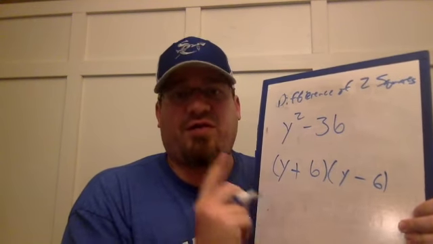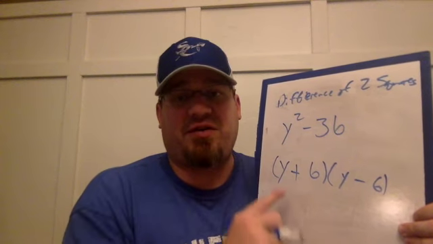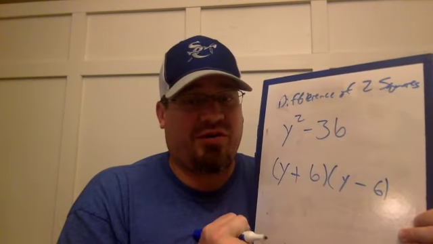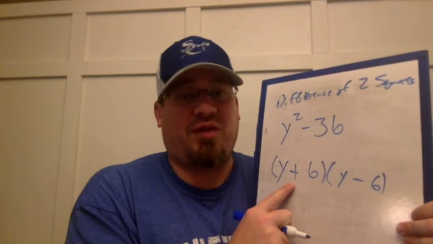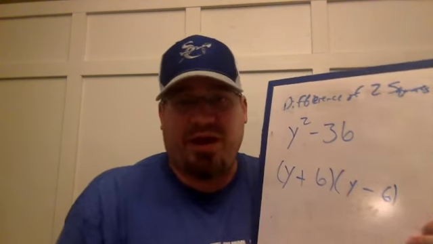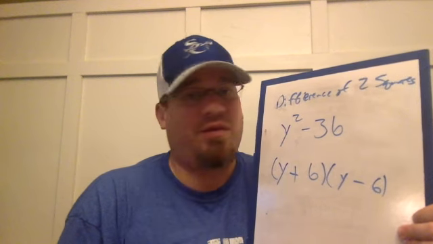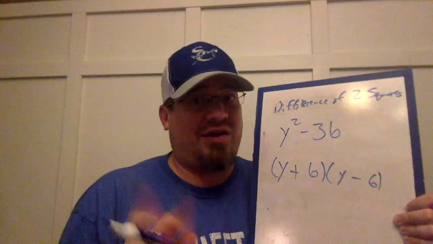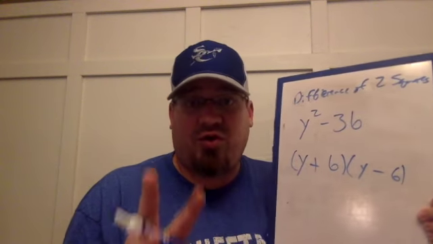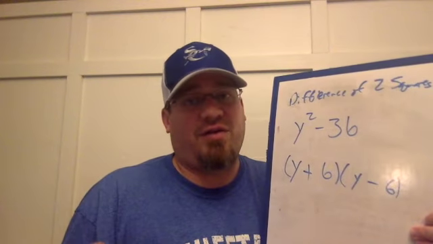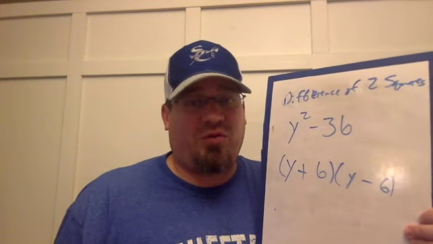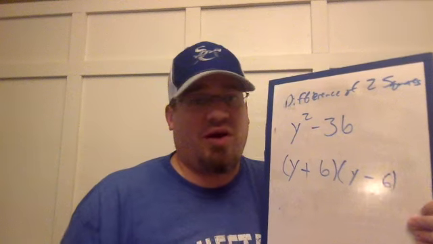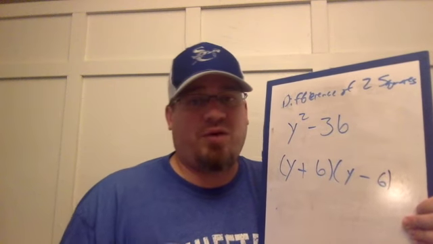Every single difference of two squares problem factors out just like this. You take the square root of each of the terms, one of them has a plus in between them, one of them has a negative in between them. That's the simplest way that I can show you that. So be looking for that. Anytime something has two terms and it asks you to factor them, see if it's two perfect squares. Okay? And then that's the easy way to do it. You don't have to do any more work. Okay? Now,